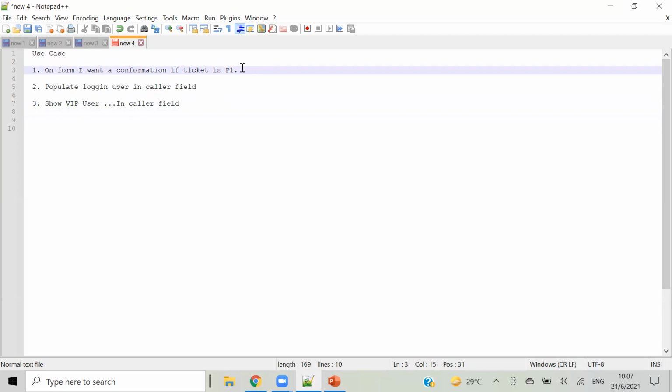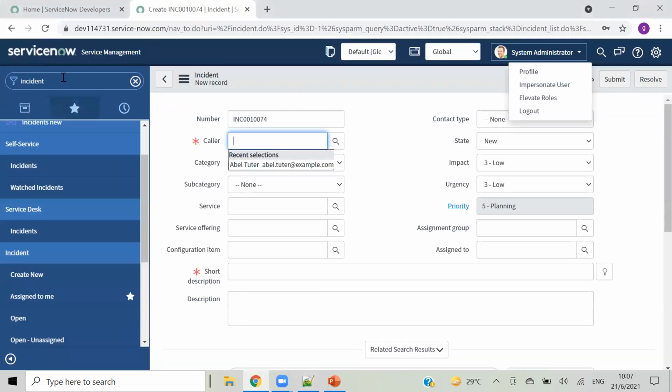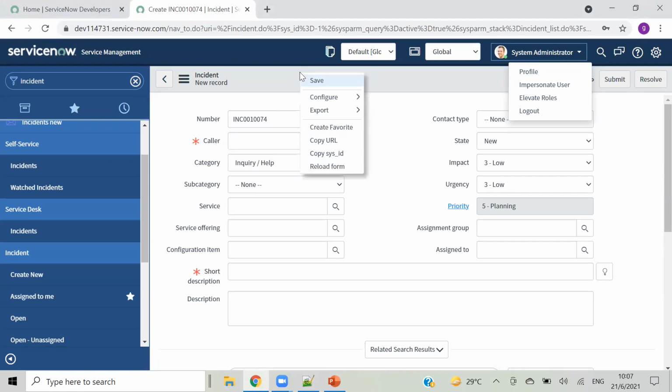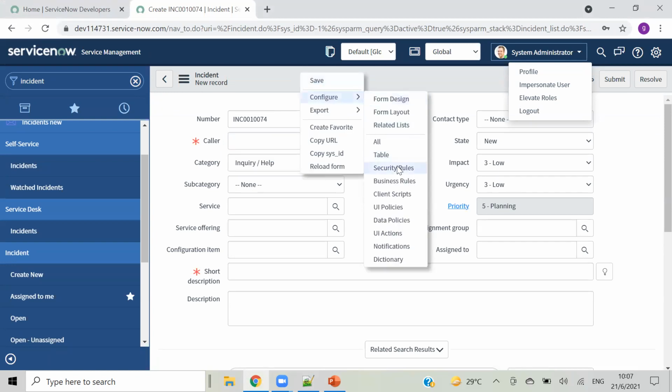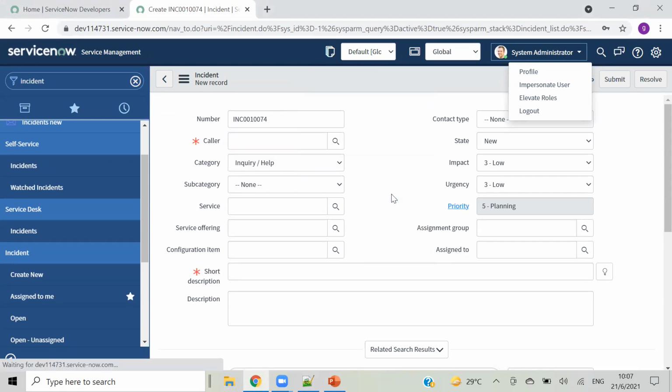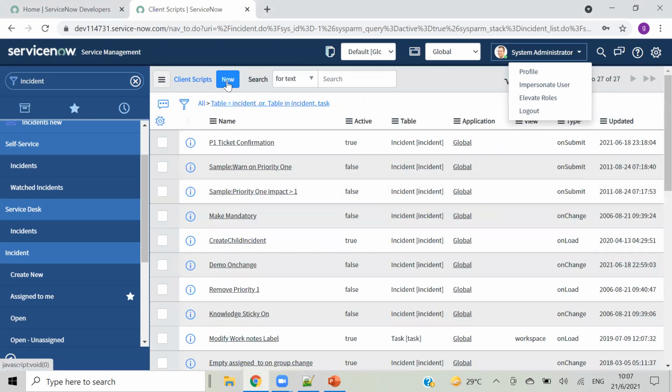So let's start with this P1, like on form load. I want a confirmation if ticket is P1. So going to my form, then configuration, then client script. Then I am going to new.